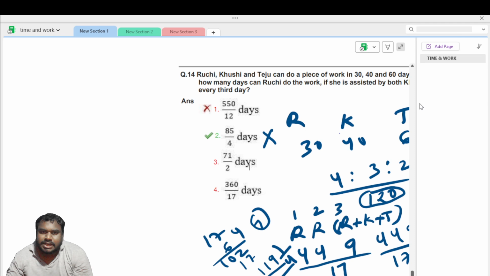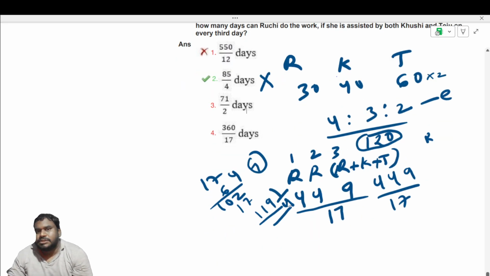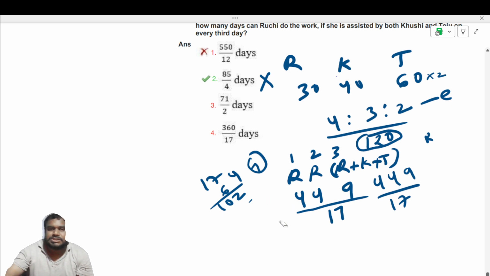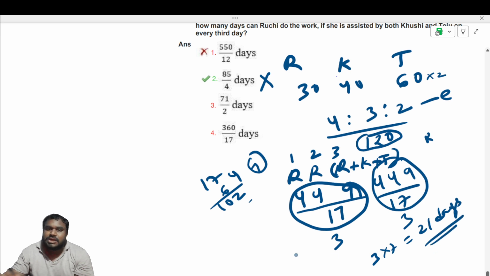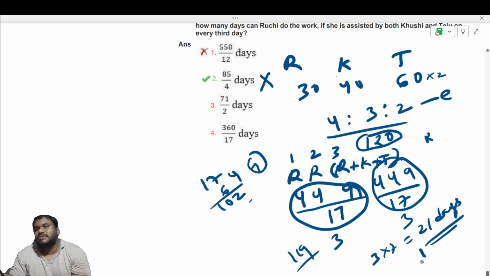Okay, sorry, we did it correctly only, this small mistake here. So it is not 119 1 by 4. See, 119 parts is completed. It means in 7 sets 119 parts is completed. But he is asking the number of days. So in each set 3 days. Like this, how many are there? 7. So 3 into 7, 21 days. In 21 days 119 parts of work is done. Only one part of work is there and that will be done